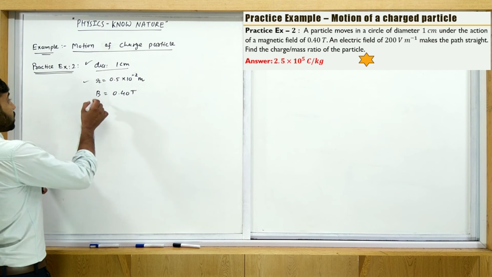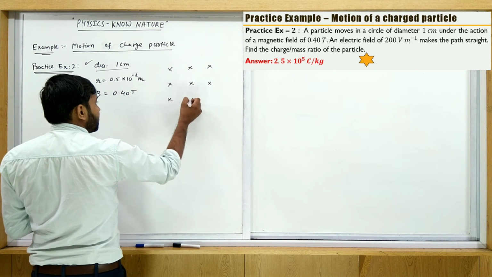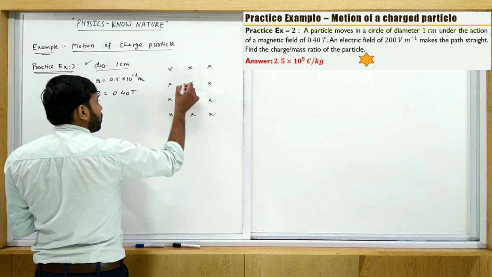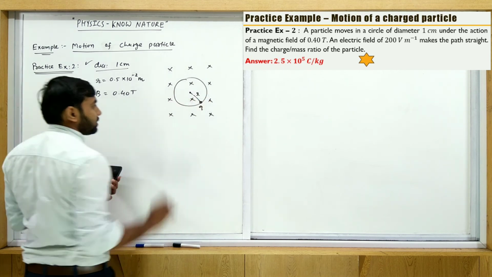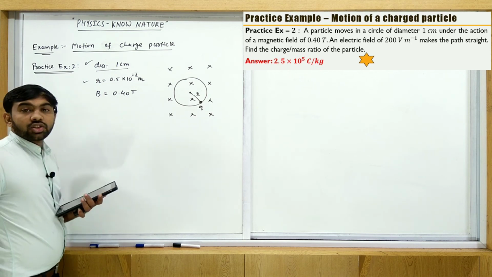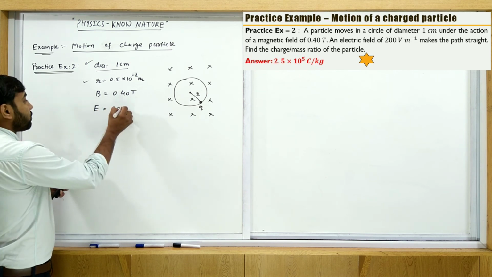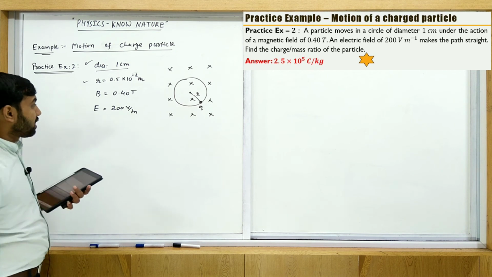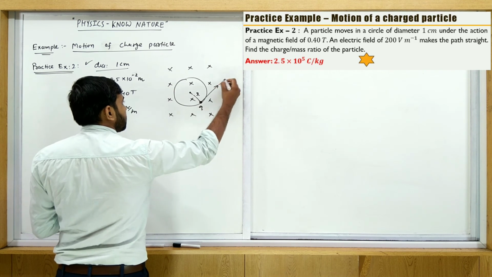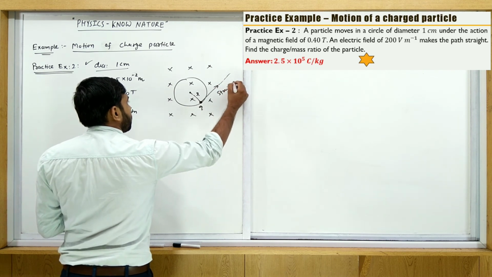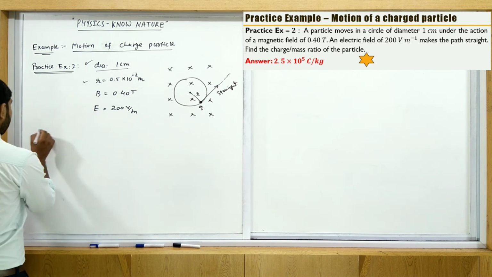मतलब कि initially this particle is rotating like this. See, initially in a magnetic field, the particle is supposed to be rotating in a circle like this. Initially the particle is rotating in a circle, but if you apply the electric field, E is equal to 200 volt per meter. अगर आपने इतना इलेक्ट्रिक फील्ड अप्लाई किया इस रीजन में, तो इसका जो सर्कुलर पाथ है वो कोई भी जगह पे कैसा बन जाता है? स्ट्रेट. तो सर्कुलर पाथ become straight.